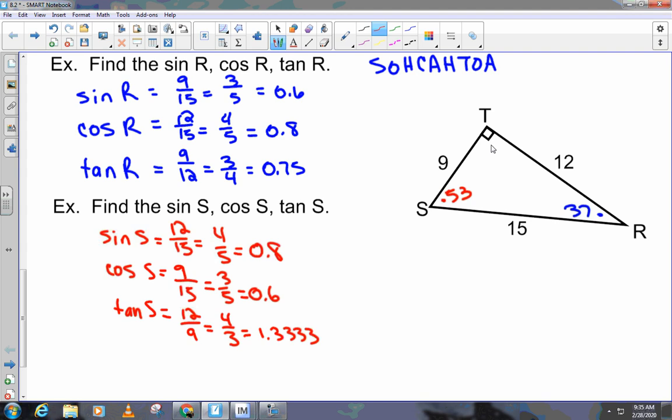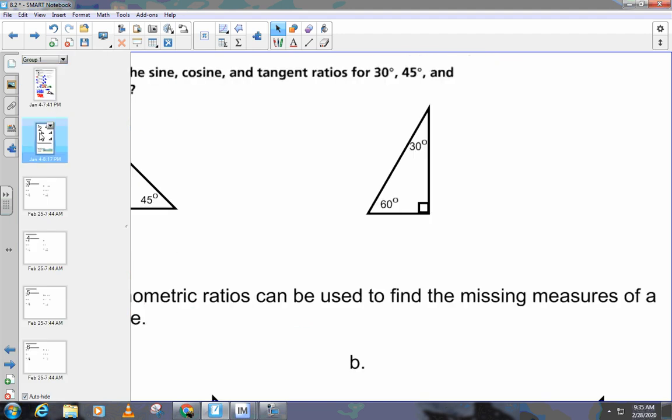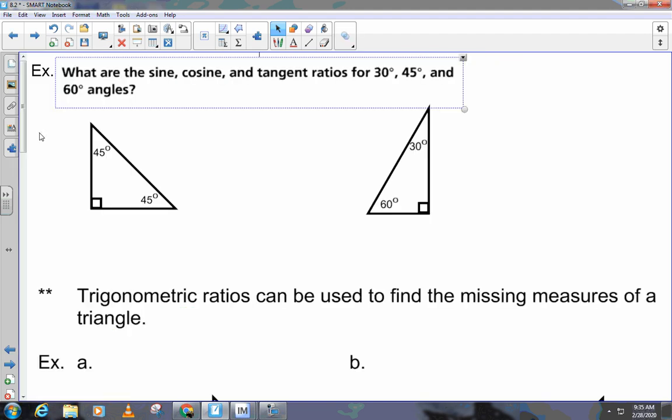I was just kind of showing you how the chart works, okay? All right, and so we're going to practice just a little bit more, setting up these ratios, and then we'll talk about how to use the calculator. Now, it's going to ask you to come up with the sine, the cosine, and tangent of the 30-degree,